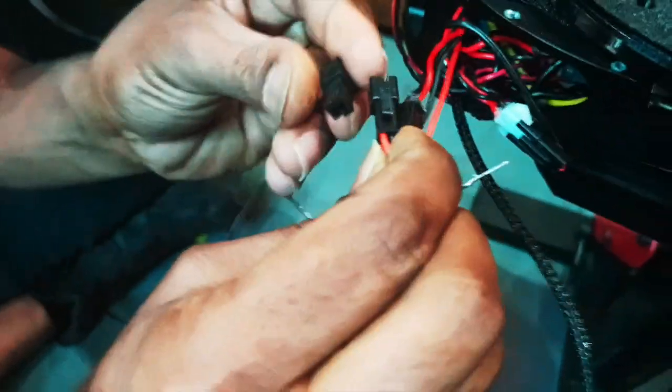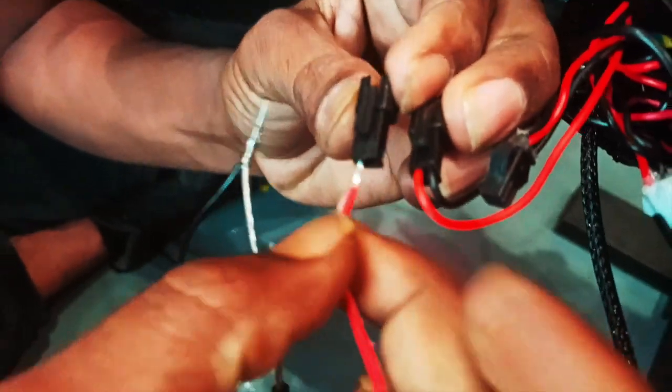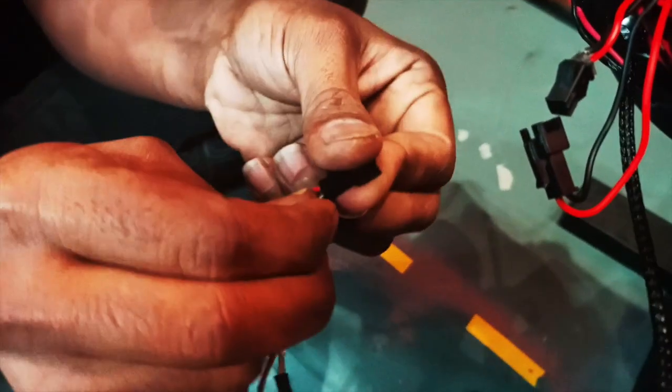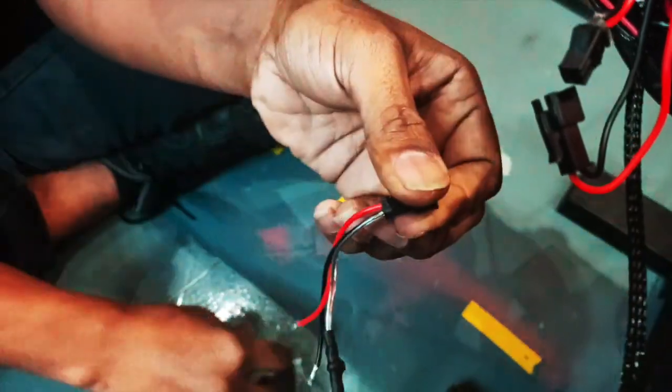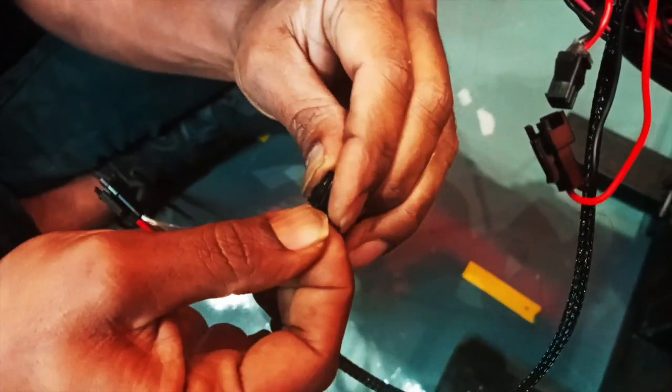So we have located the connector for the front LED strip. Now, you put on the Molex connector onto the pin, put the pins into the Molex connector. So make sure the pins are fitted in nicely. Okay, now plug into this side first. This part is going to your controller,